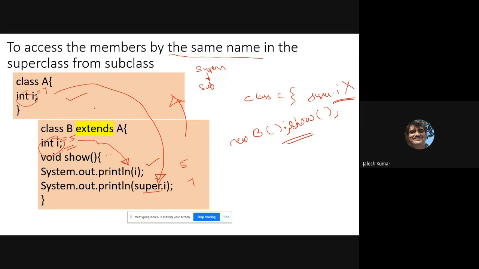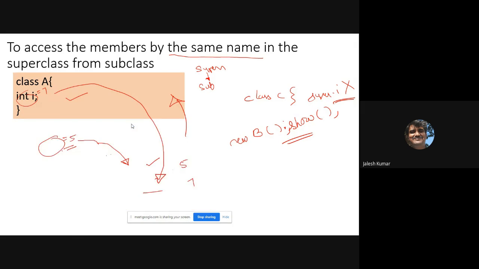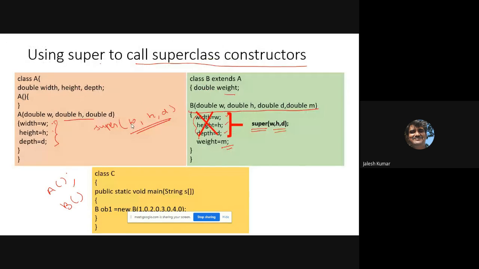Because B extends from A, B can call super dot method or super dot variable, so that the method and variable in class A will be executed. So very important: two uses, as I told before. You have to present this question with an example. You have to say that in the constructor, instead of repeating the same, you can just call super and pass the information to its superclass.